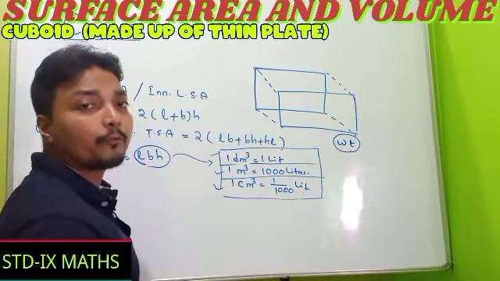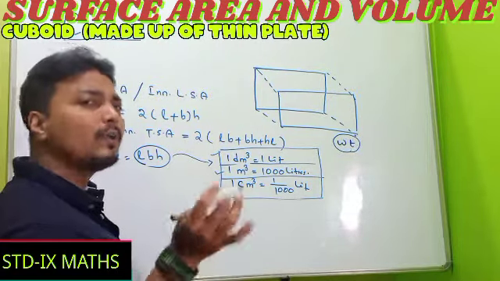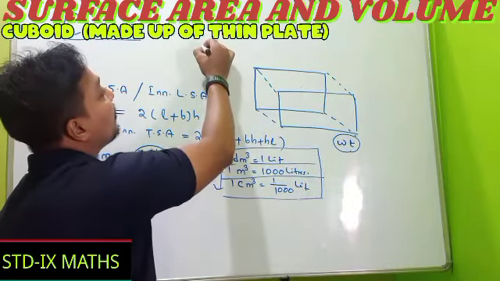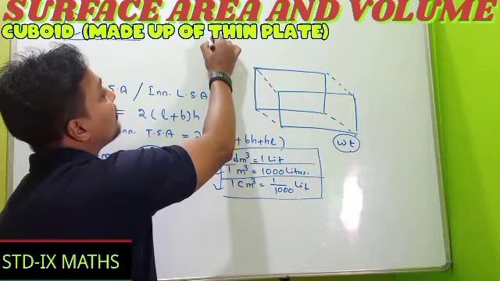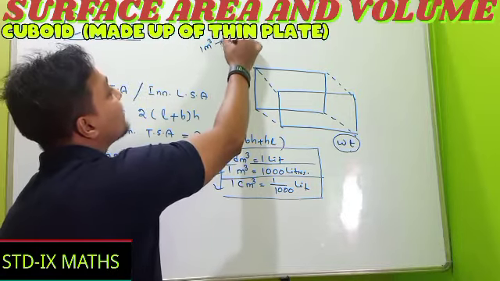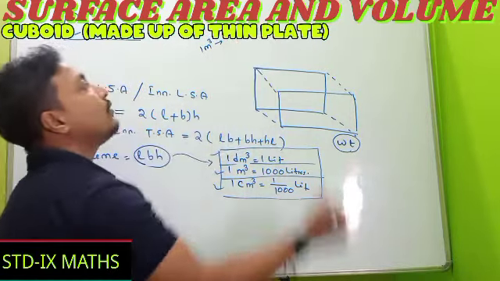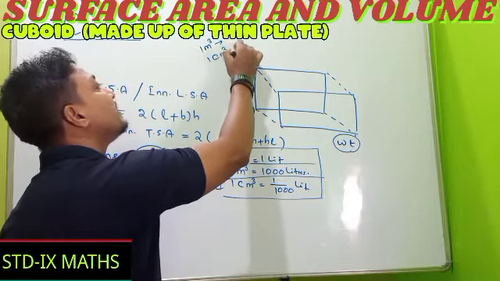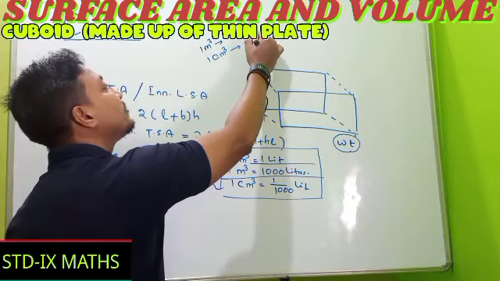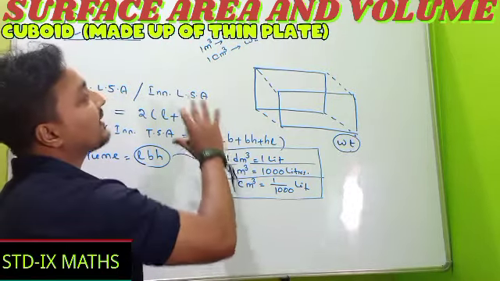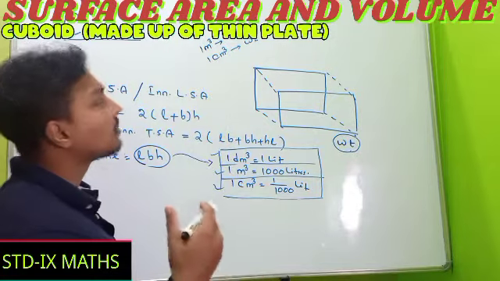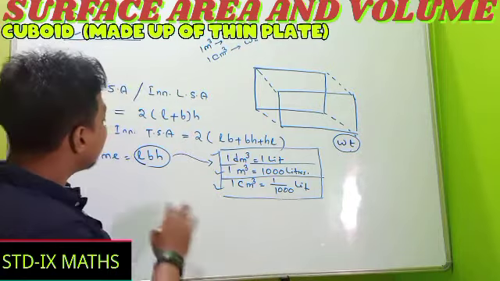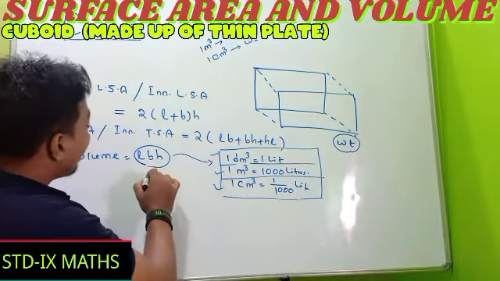shortcut writing WT for weight, in that situation it will always be given to you. Suppose it is in meter: it will be given that 1 meter cube, its weight is how much. Suppose it is in centimeter cube: it will always be given that 1 centimeter cube, its weight is how much. Once you get the weight of 1 centimeter cube, or 1 meter cube, or 1 decimeter cube, you can find the total weight after getting the volume.